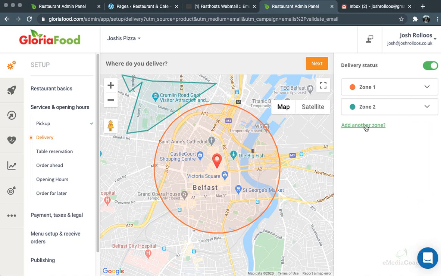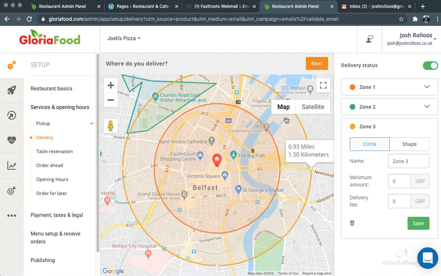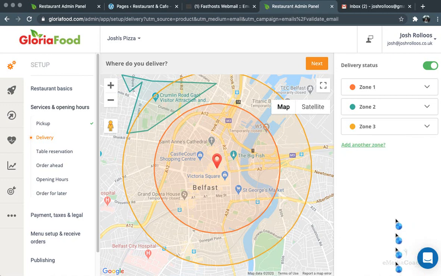So we can save that, and we can add as many zones as we want. You can add another larger circle and say they need to spend 20 and their delivery is £2.50. So we can save that and move on to the next step,